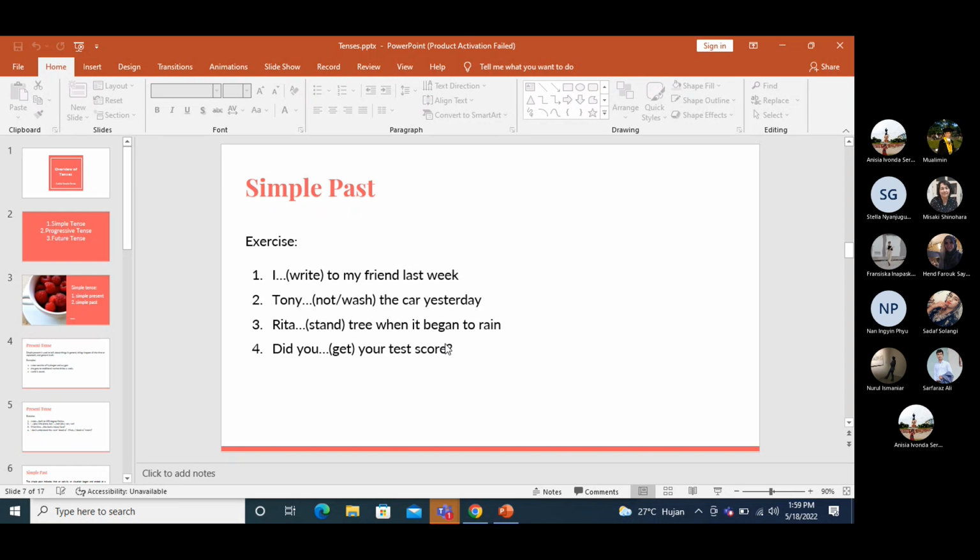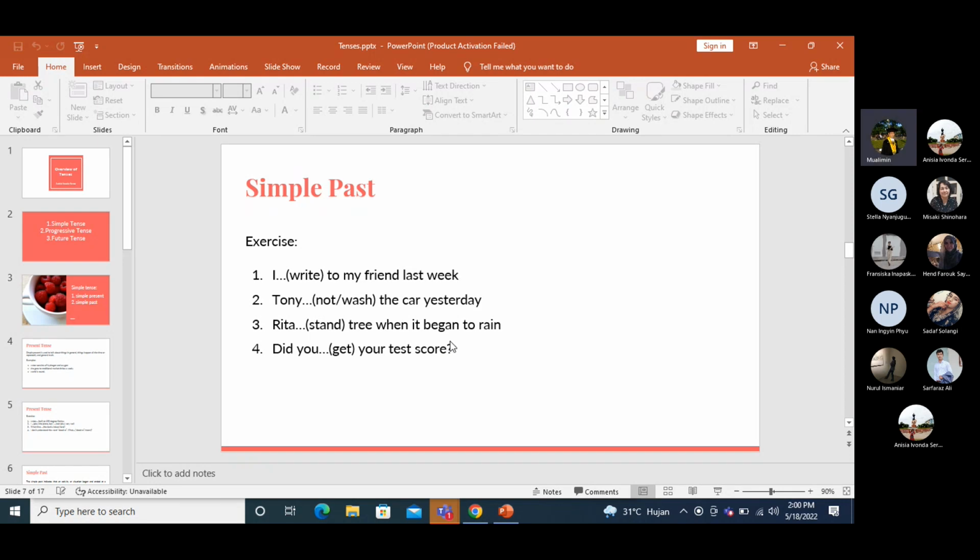In the last 10 minutes, if they still have further questions, they can ask, and I will explain about the assignment too, and also the closing, sir. That's the general rundown that we will have in the first meeting. You may have other activities as well out of class, as an assignment, like trying to find a lyric of a song using certain tenses.